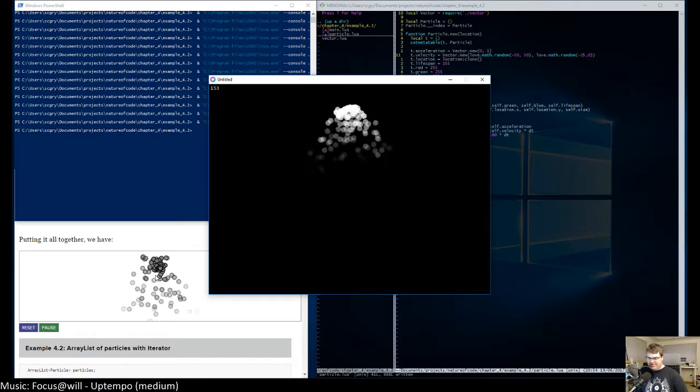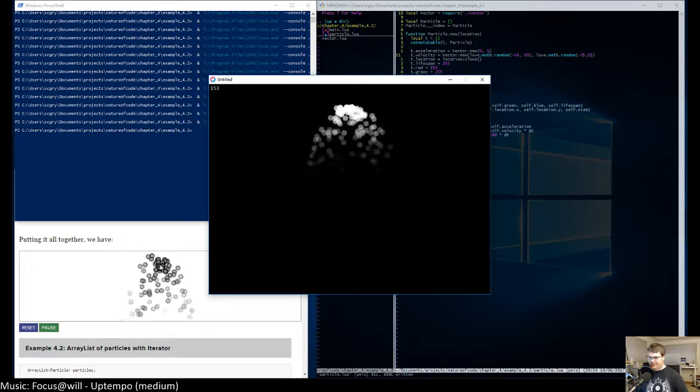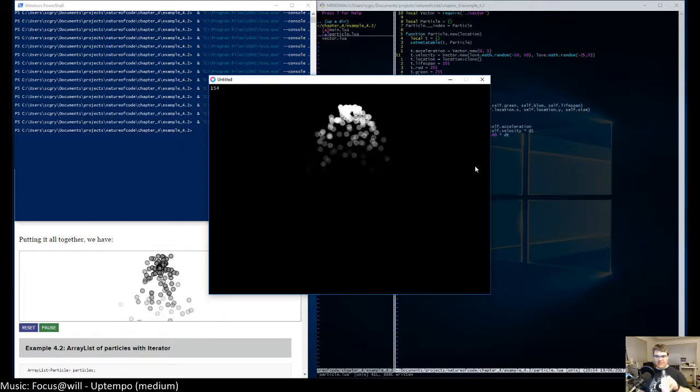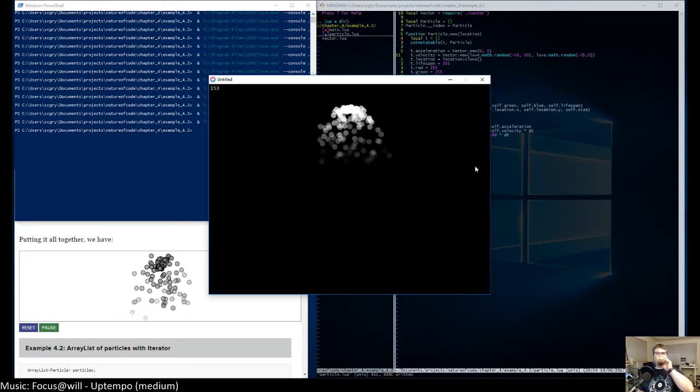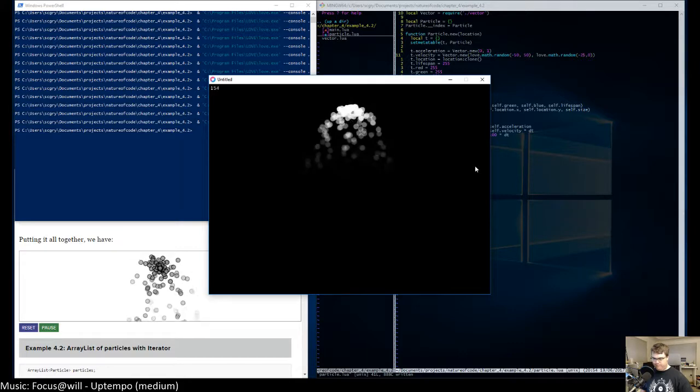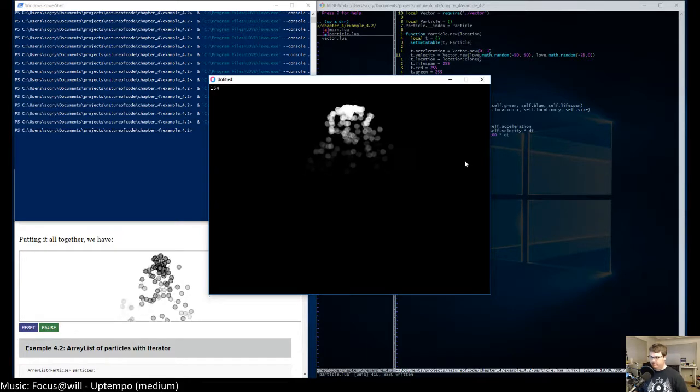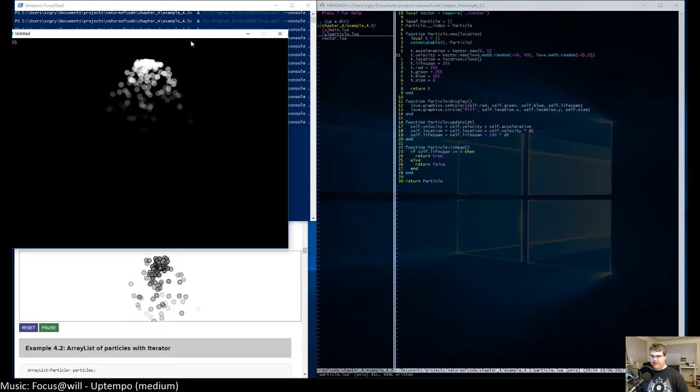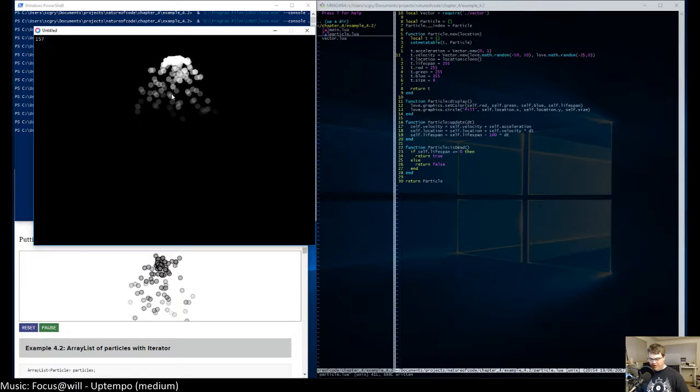Hey, look at this. This is getting a lot closer to what it looks like. So I'm creating a huge number of these. They're all falling down. They get new alphas. Yeah, this is kind of like bubbling water almost.